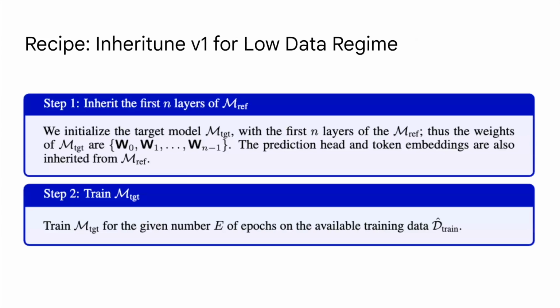Okay, so here is the super simple recipe that we see. We take the first few layers of the reference model. Let's say you have a 3 billion model and this bigger model has 26 layers. We take the first half of the layers, 13 layers, 0 to 12, and then we retrain them with this small subset of data, which is 1,000 times smaller, over multiple epochs, repetitions of this small data. So how far can we go?